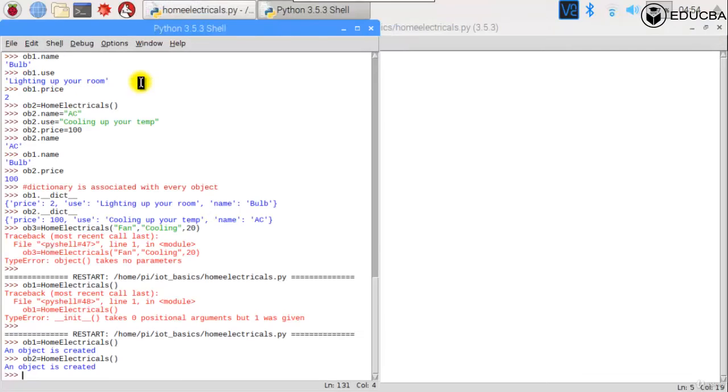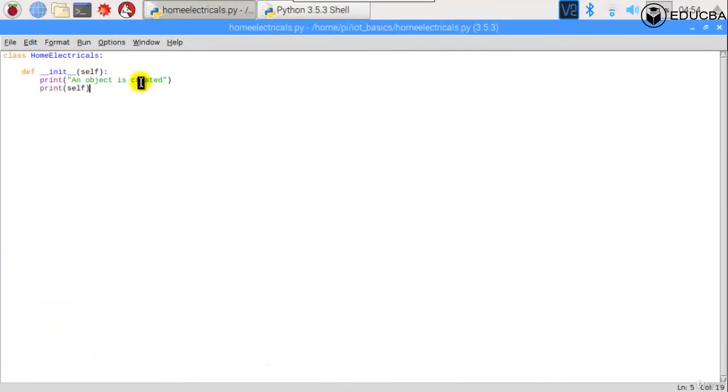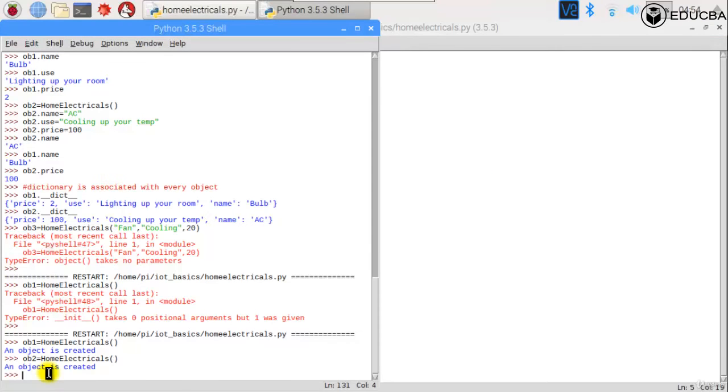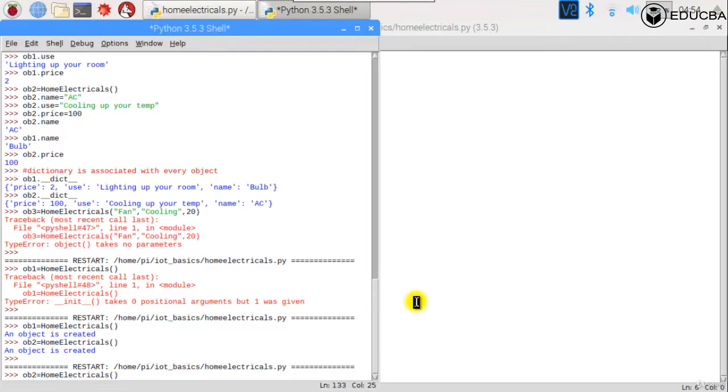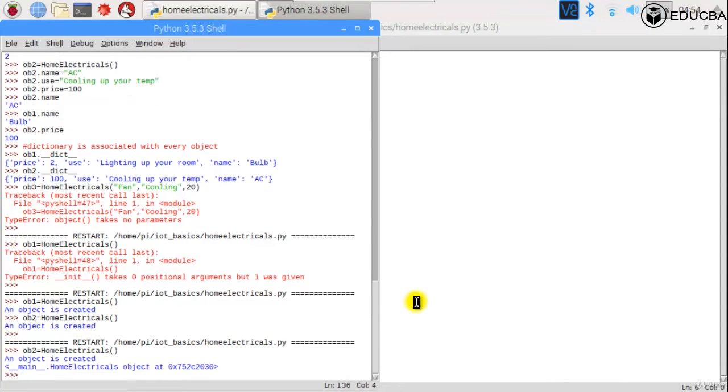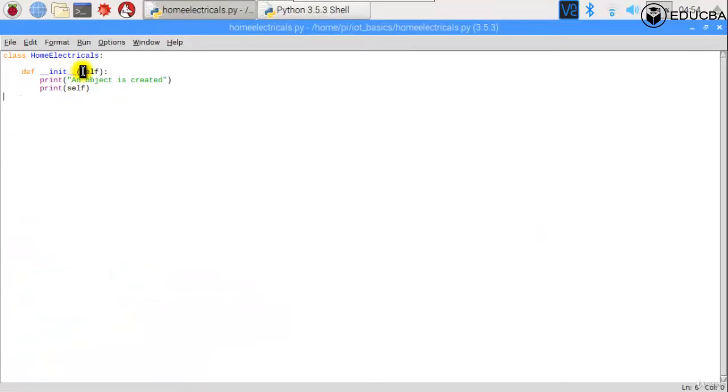Sorry, I didn't run this, one second. So I create this ob2. It will print an object is created, and self is nothing but the home electricals object, which is at this reference. Self is passing itself. Is that very clear? Self means that particular object, that is ob1.